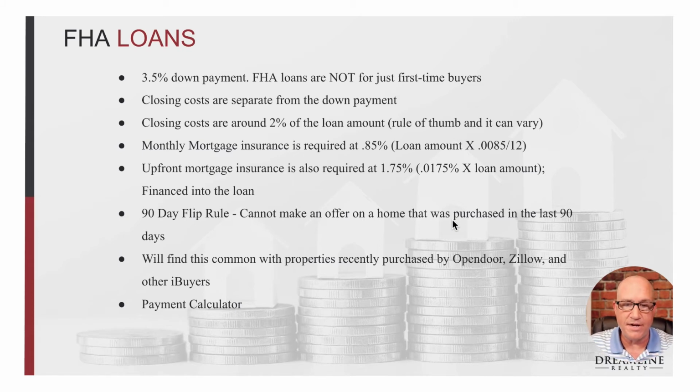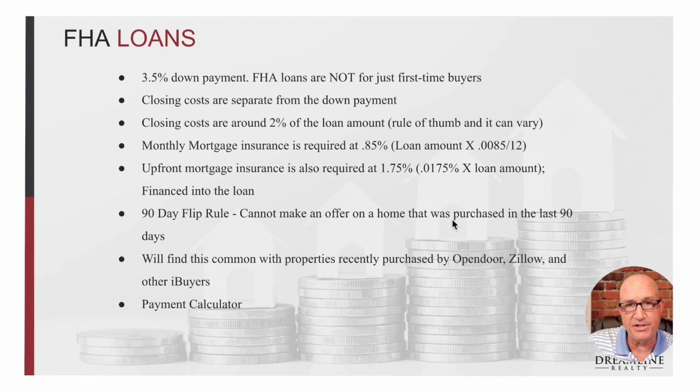And closing costs run on a rule of thumb basis about 2% of the loan amount. As you start getting into the higher loan amounts in the higher 300s, that percentage is probably going to be a little bit less than 2%, but that's a good rule of thumb. And your mortgage lender can break down all of these numbers for you. If you go to get pre-qualified, they'll tell you exactly how much you'll need for the down payment. They'll break down your closing costs, give you a total number that you're going to need to bring to closing as an estimate. Things can always change, but generally the lenders are going to be really, really close. So you know up front how much money you're going to need to put the whole deal together.